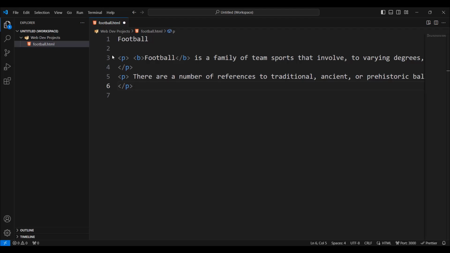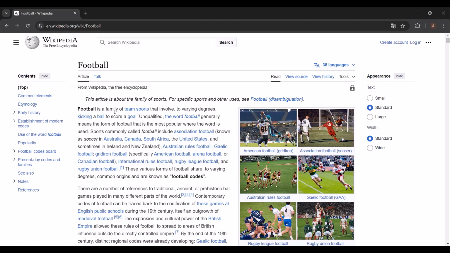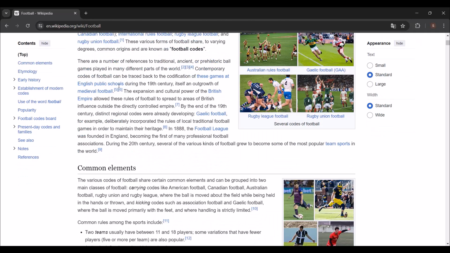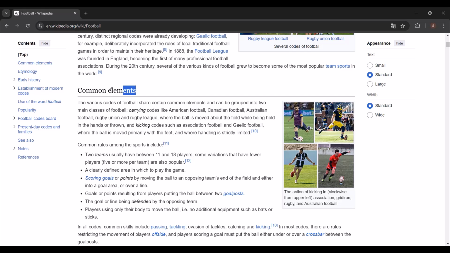Alright, so let's open the browser, because on our Wikipedia page we have headings used, and let's see how they organize this. So we have first the main heading, which is the H1 heading, which is the title, football. Then if you go down, we have the H2 heading, which is a subheading of the H1 heading.